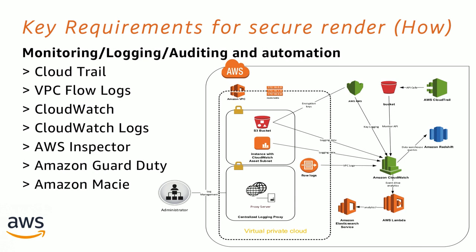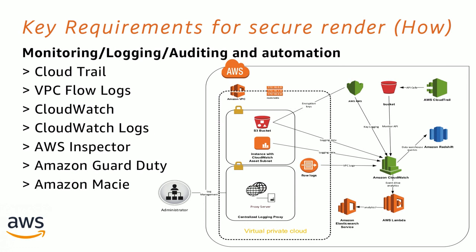Monitoring, logging, auditing, and automation. That is very, very important. There are so many services out there that offer you, at each level, some automation, auditing, and monitoring. CloudTrail gives you the capability to monitor each and every single AWS API or CLI request that was ever called by any user. Somebody went in, changed something, or tried to access a bucket object, it'll be logged. Somebody went in and tried to open a port on a particular instance, it'll be logged, just as an example.